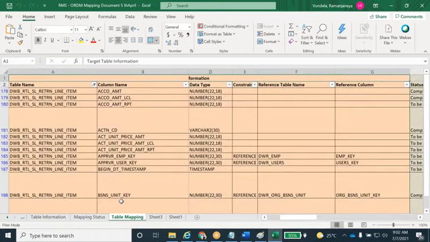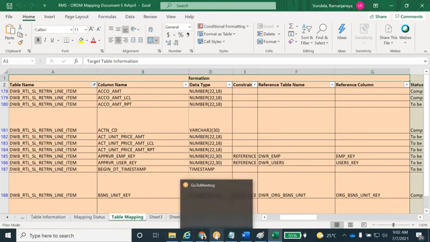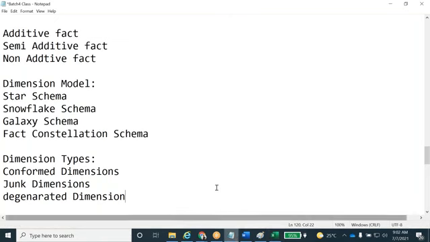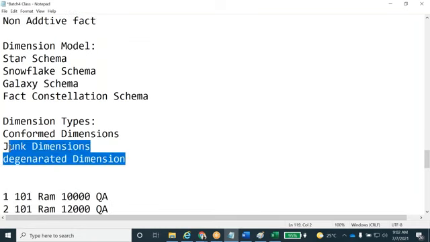See, degenerated dimensions always have a new value. It is generated for each transaction, a new value for each row, each transaction. Those kinds of columns we call degenerated dimensions. They are stored only in the fact tables, so they won't relate to any of the dimension tables. These columns are in the fact table.